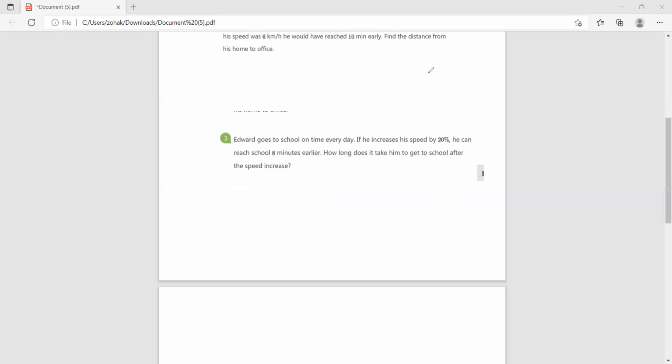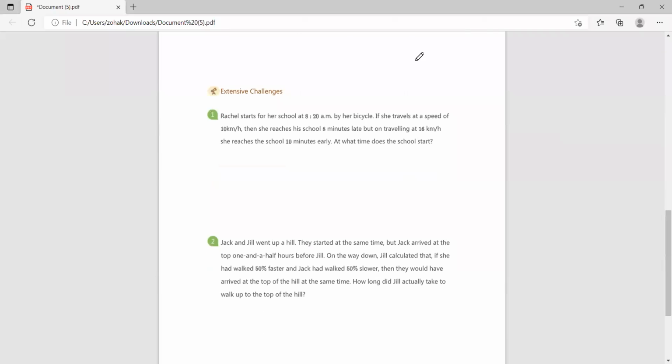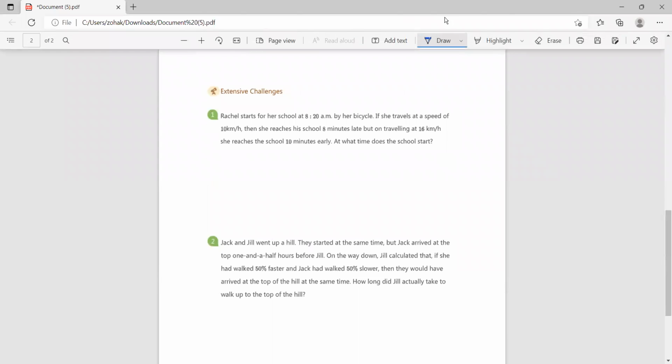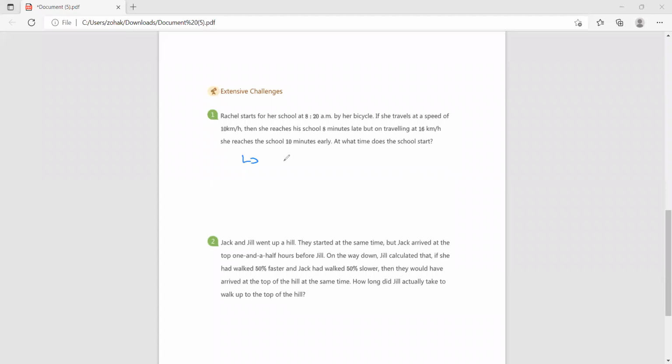And without further ado, let's get straight on to the extension challenges. Now, question number 1 should have been pretty straightforward. This one, just remember that you've got a 40 minutes increase from the school journey, so your answer should indeed just have been 9 AM. And let's have a look at